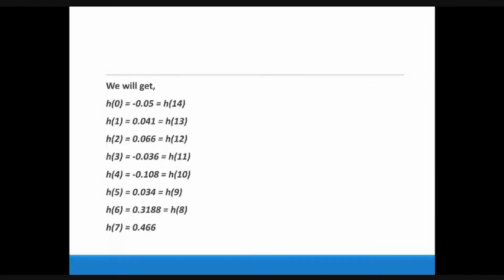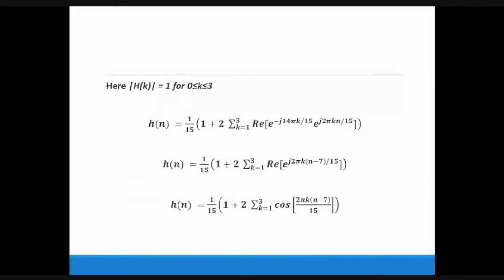Sir, can you show the limit in the previous slide? Okay, this one. So we have taken H of 2 pi k by 15 equal to 1 for k equal to 0 to 3, and again 1 for 12 to 14, and we have not used it here. Why? Because that is nothing but, with the help of symmetricity, we can write it. We have just shown that, because in our equation, what is given to you is that for k equal to 0 to 3 you have value 1, and for 4 to 7 you have value 0. This is only given in your main example.